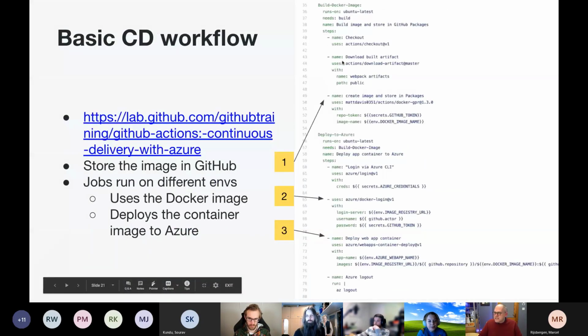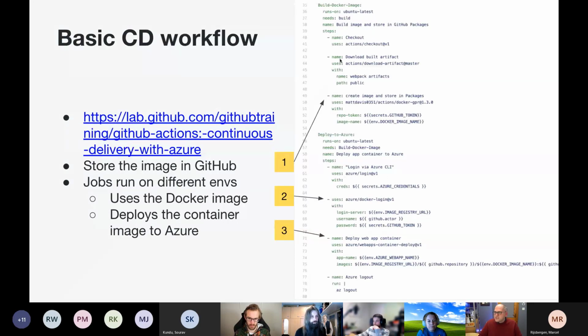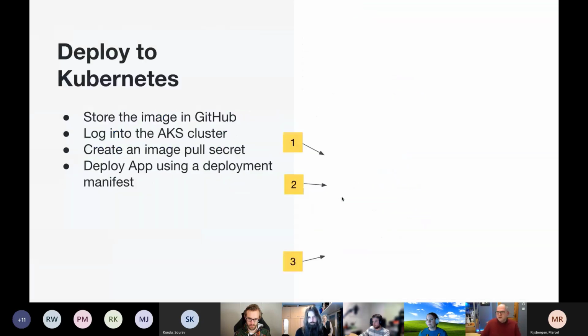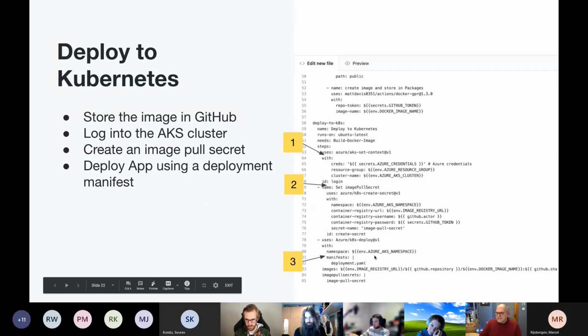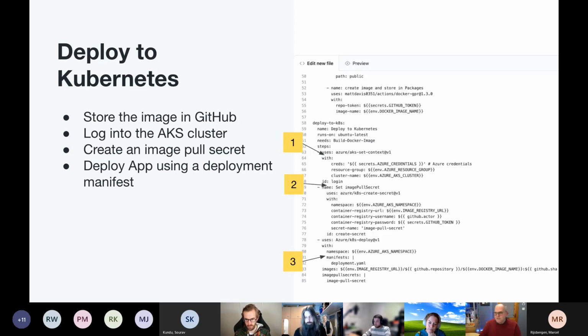With CD, it tends to look a little bit more interesting. So CD is basically, you create the image, you do the build, and then you typically deploy it somewhere. If you're doing a deployment straight into a package repo or AKS, that's what it would look like. If you're deploying to Kubernetes, you just use the Kubernetes deploy, and in this case this is deploying to Azure Kubernetes Service. But if you want to do it from the command line, you could do it that way as well. There's a bunch of different actions for doing that. If you wanted to deploy to